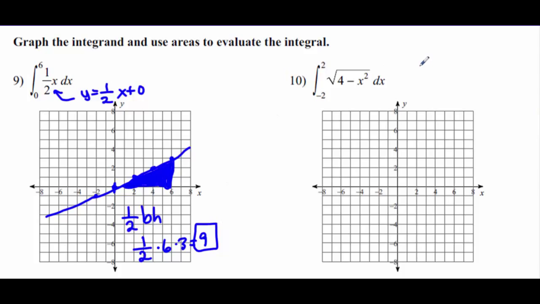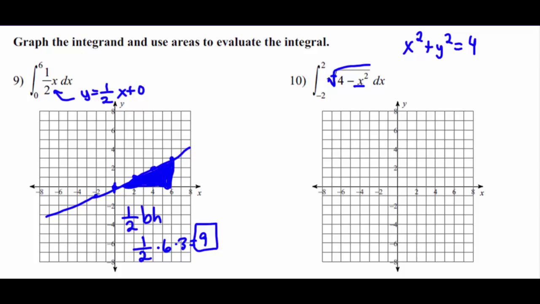10 definitely looks weird. And so this is a circle, or a semicircle actually. It comes from a formula that looks like this. This would be a circle centered at 0. If we want to solve that for y, we have to subtract the x squared over and then square root. But when we do that, if we want the whole circle, we'd have to have a plus and a minus